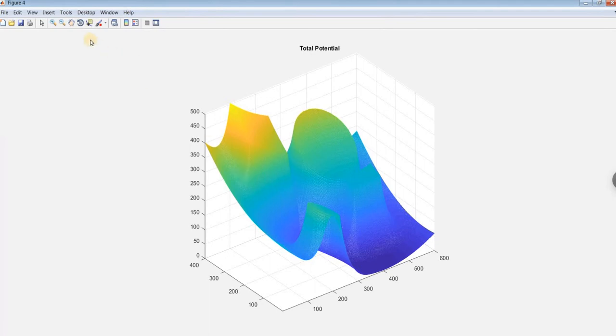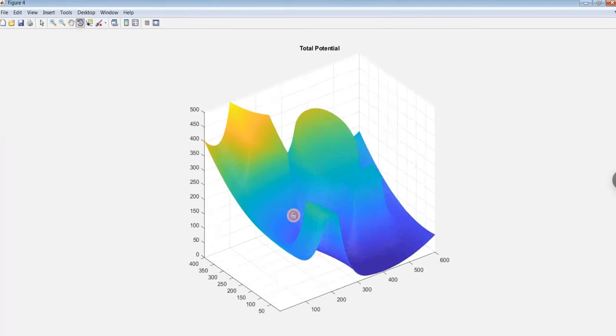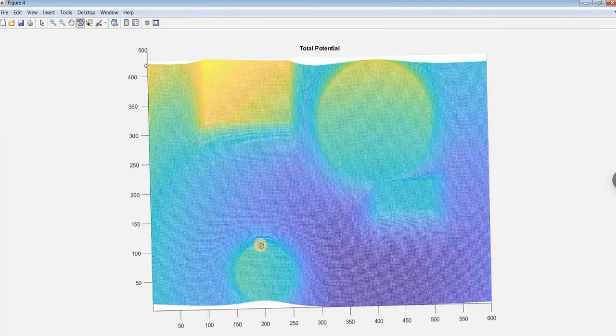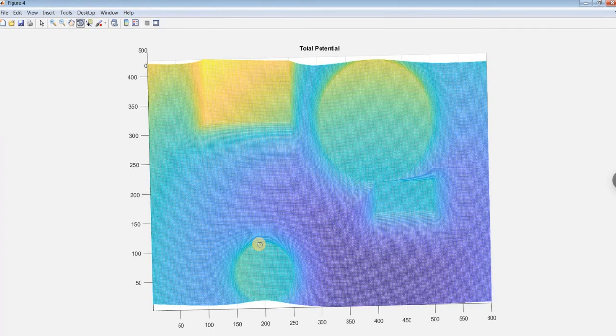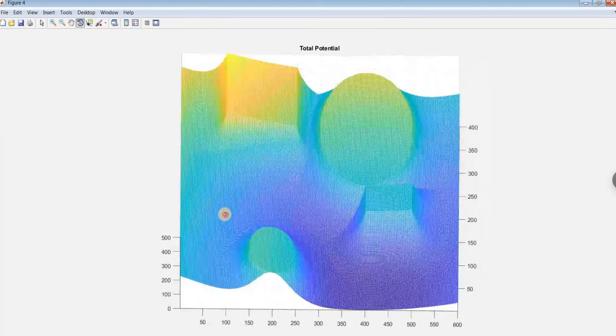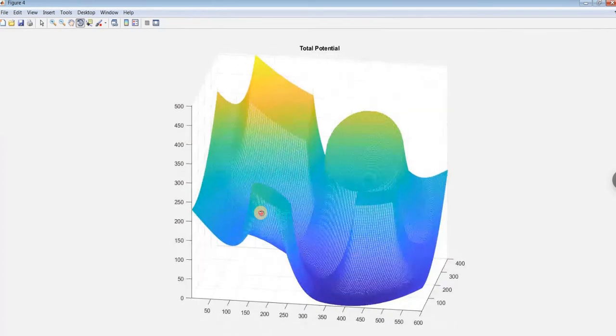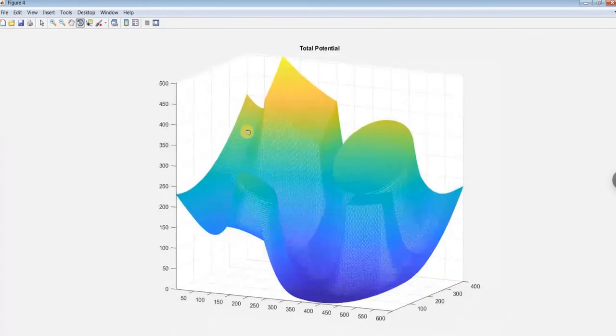So you can see that this was our configuration space, and we modeled our configuration space or our environment as a virtual potential or as an artificial potential. So what happens here is that we assigned the obstacles a repulsive potential and the goal an attractive potential. And when we see the net result, you see that if you place a ball somewhere here, so this is